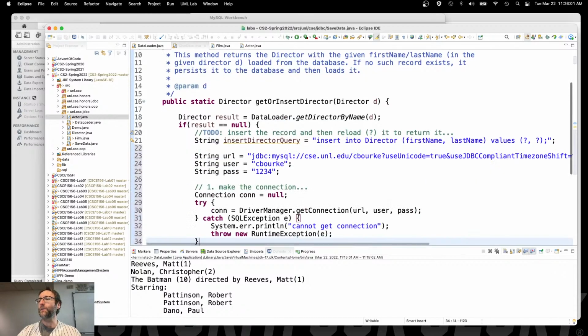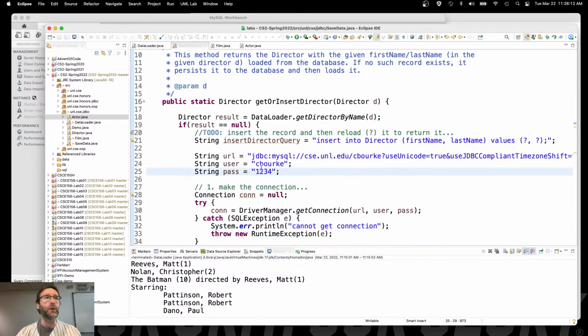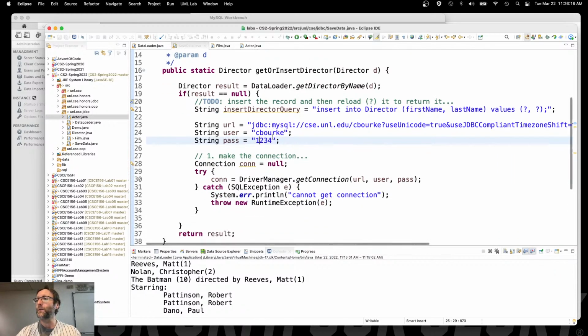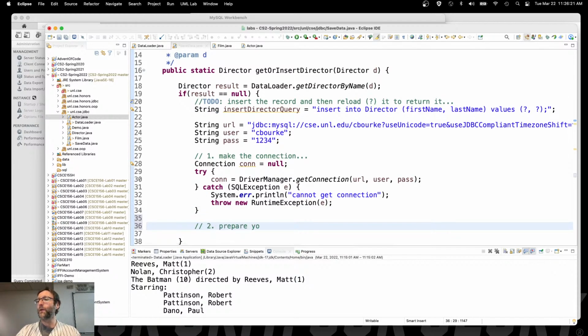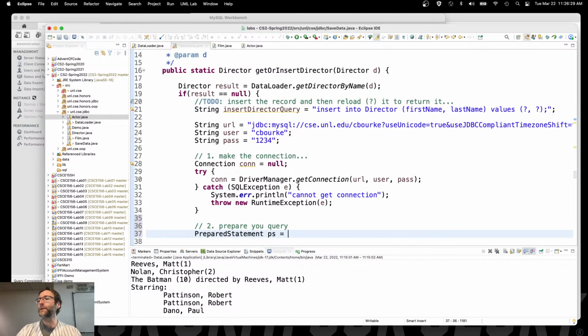So make your connection. Again, cut, paste like this. Maybe look for a different pattern where you're making what's called a connection factory. That's responsible for storing the password, username, and URL in one place, and that will create connections for you. Right? Create the connection, prepare your statement, your query, right? And that's going to be prepared statement, PS, is equal to